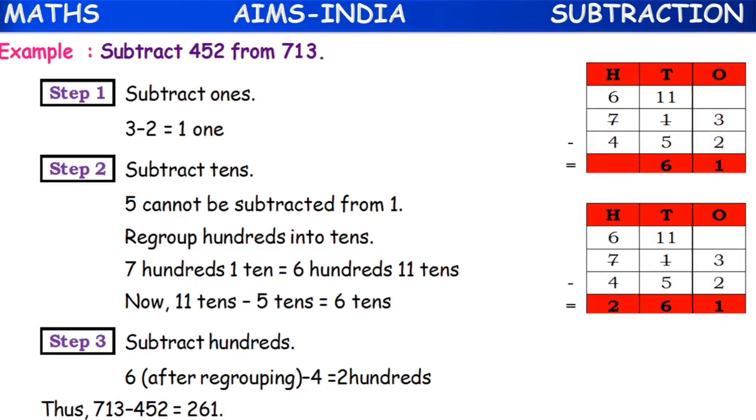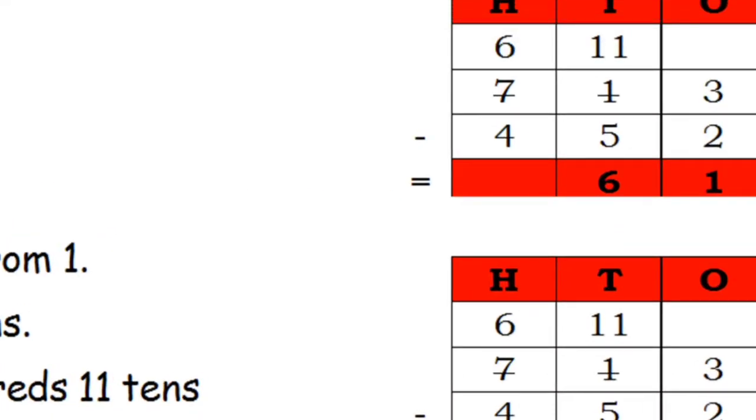Now in the ones place, what do we have here? 3 minus 2. What is 3 minus 2? Again open 3 fingers and close 2. We will be remaining with 1. Or keep 2 in mind and start counting. After 2 we have 3. How many fingers? Only 1. So 1 is our answer here.